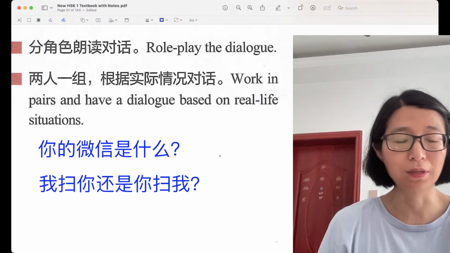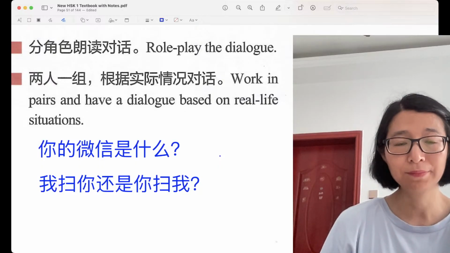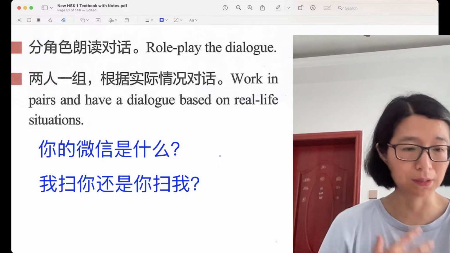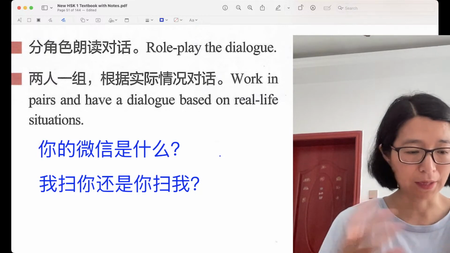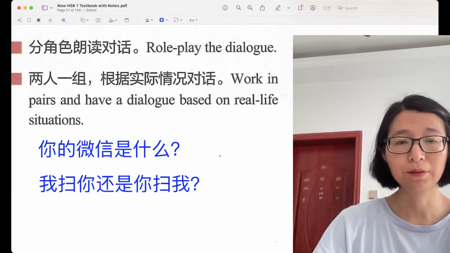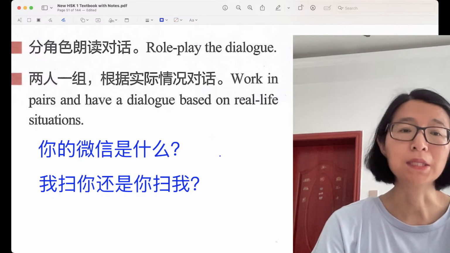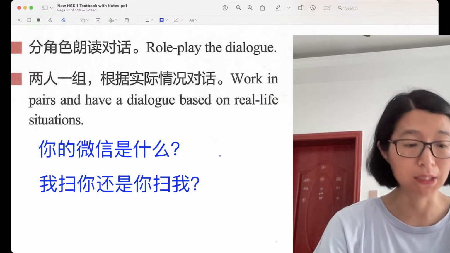Like the joke told us, we don't use the phone number that much. Only the delivery guy calls me. And WeChat is used between family, friends and colleagues. Everyone. Okay, guys, great. 很好。你的微信是什么？我扫你还是你扫我？